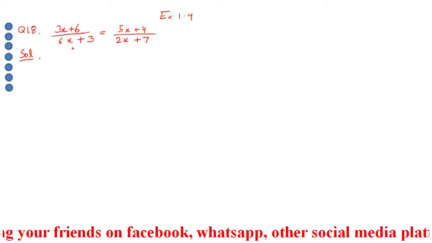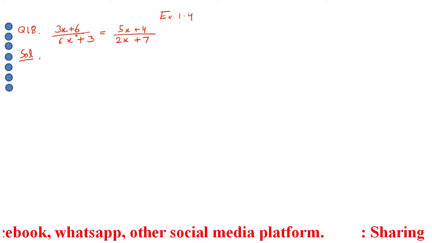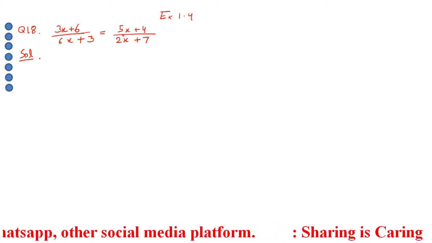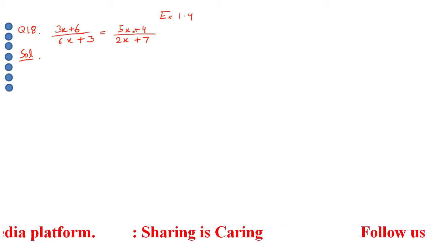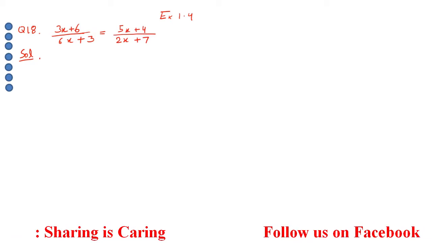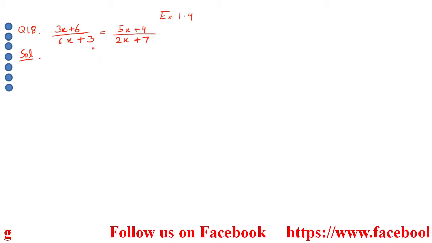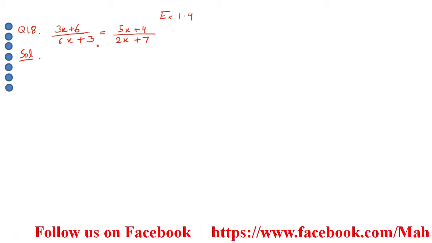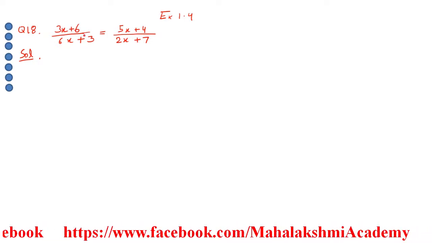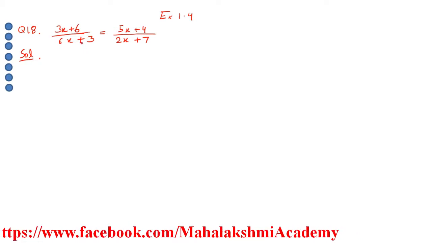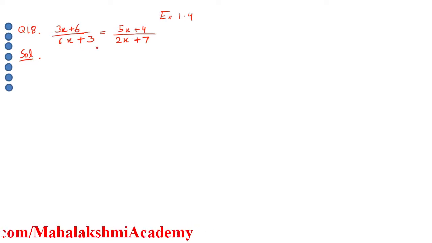What is the fourth meaning of the application? The fourth meaning is the sum of numerators. So the sum of the numerators of both the fractions: here the numerator is 3x plus 6 and here the numerator is 5x plus 4. When we add, orally, we get 8x plus 10. In the same way, if we add the denominators of both the fractions, we again get 8x plus 10. So the sum of the numerators of both fractions is equal to the sum of the denominators of both fractions. So the fourth meaning of the sutra is applicable here.